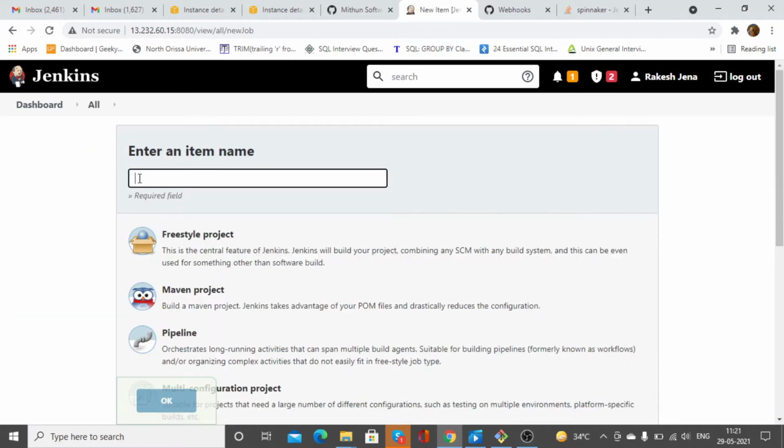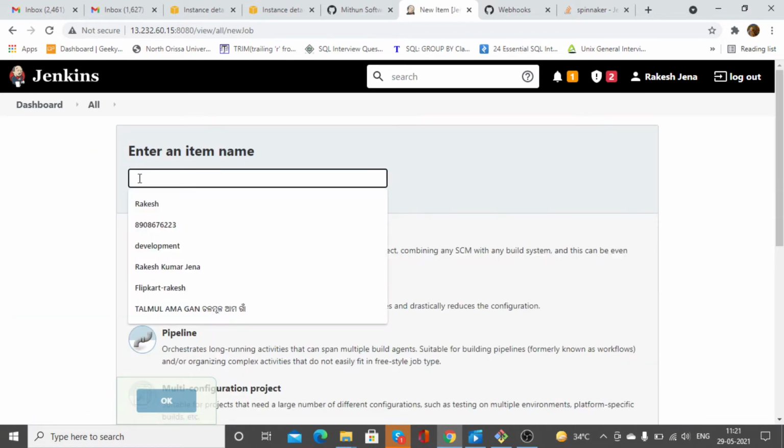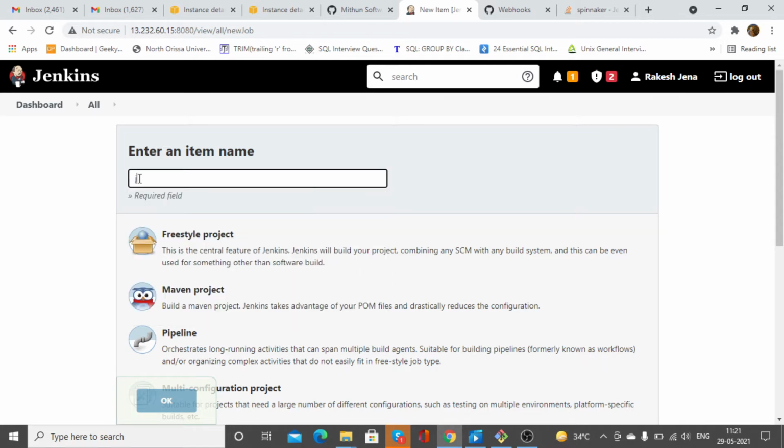Click on new item and enter a name. So I put a name. Here we will have to choose pipeline.